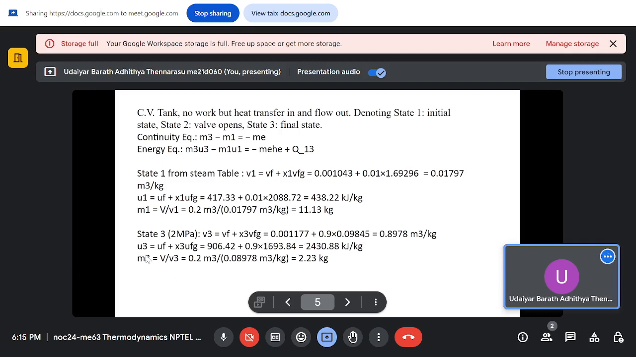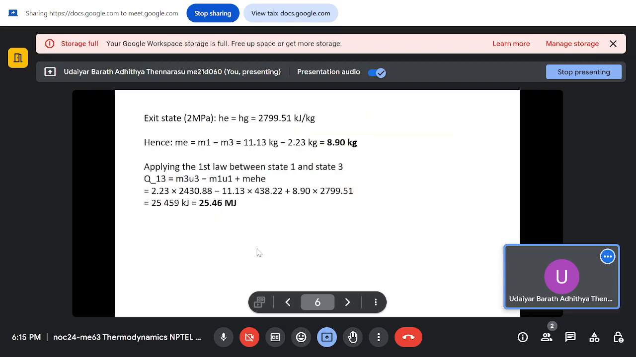So now the mass at state 3 is, again you have 200 liters with specific volume 0.8978. So mass at state 3 is 2.23 kg. So using this,